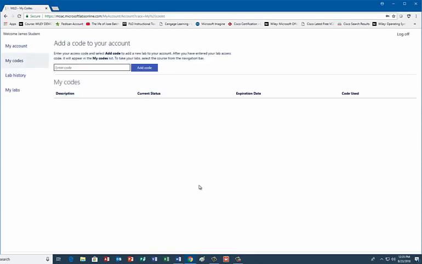And this takes you to where you add your code. This is where that registration code needs to go in. You would just type it in right here, click on Add Code, and then you will see that it takes a few seconds, so don't panic, but eventually it will show up right here with the expiration date, the code used,